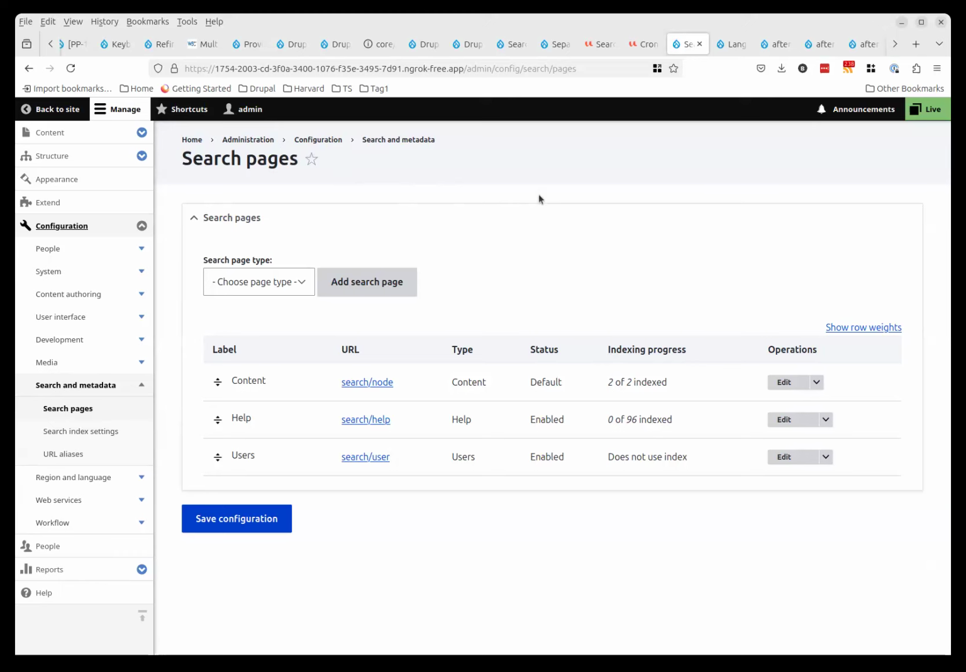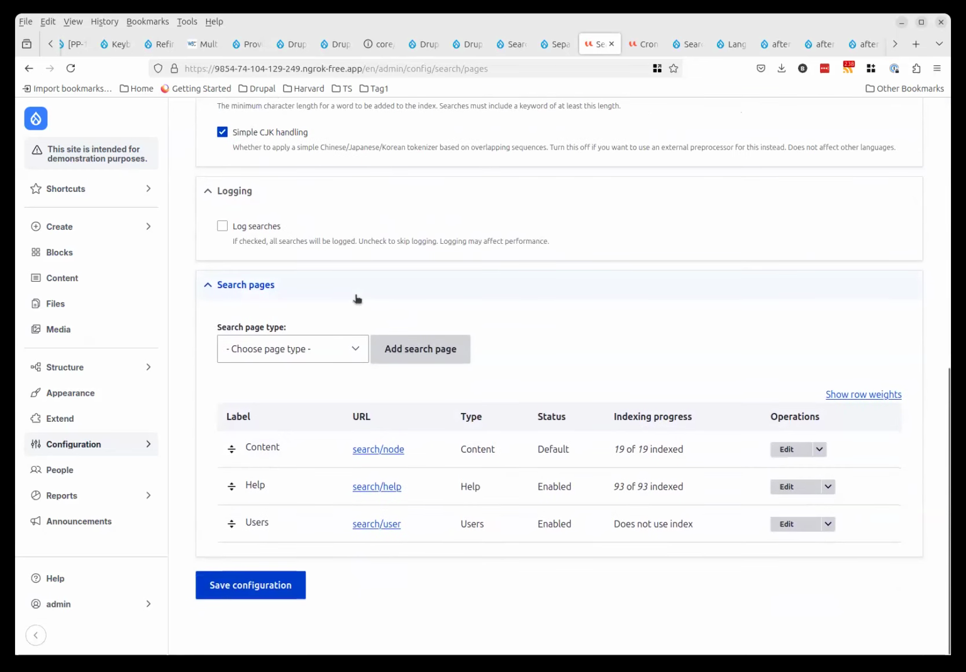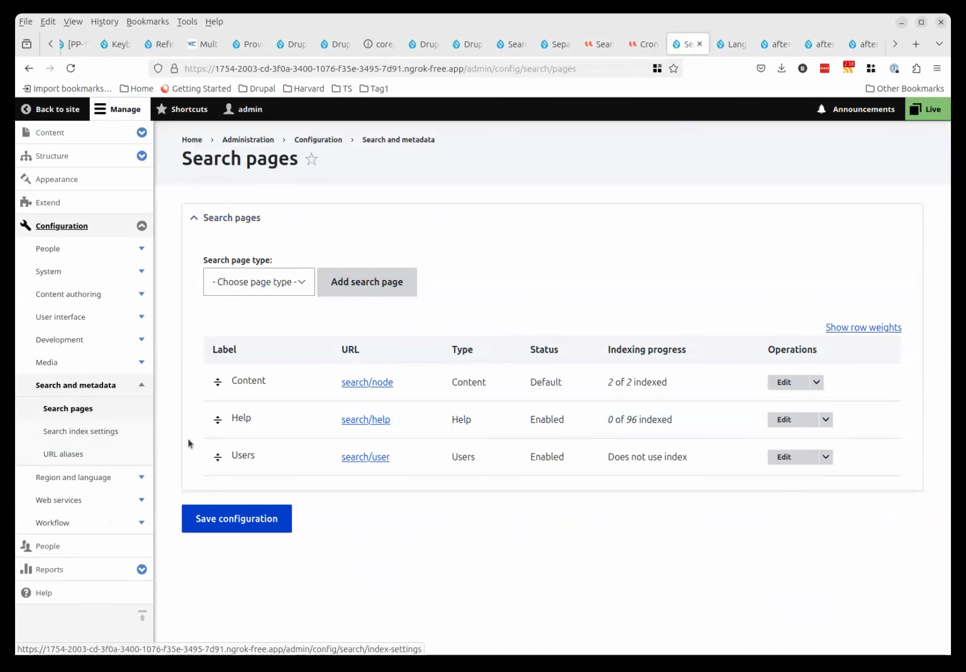And consider as a follow-up issue to add a button, well, relabel this one. Re-index site is not clearly describing what it actually does. Something like clear the index, and then to add a second button on the search page listing, which, by the way,